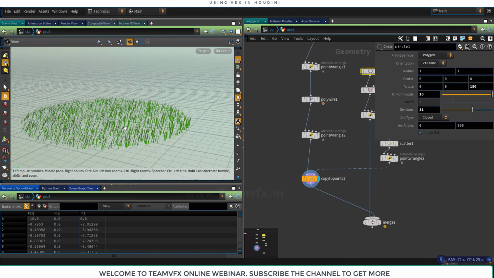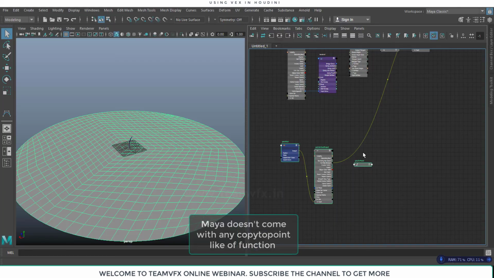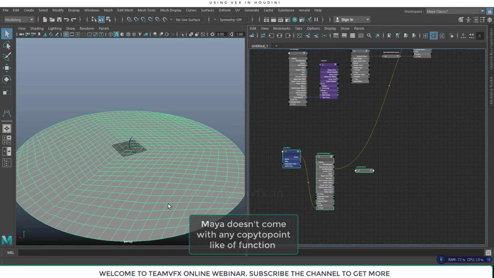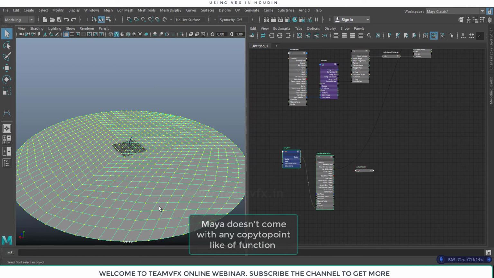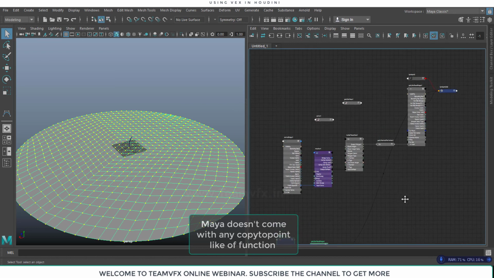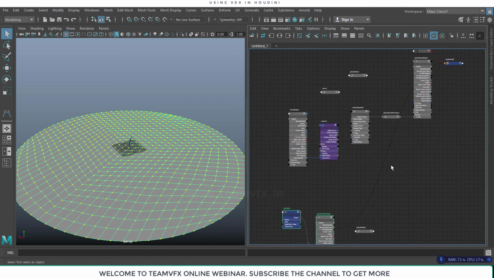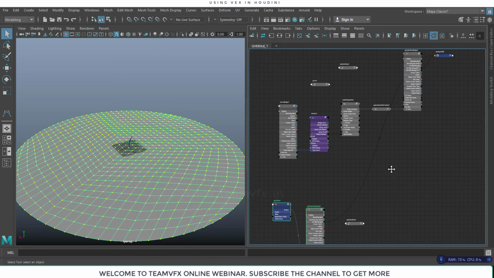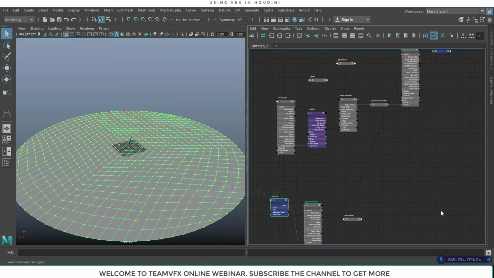In Maya we have to work in a little different way. We have to find the positions of the vertices of the template, and then put the object position on those vertices. To do that we don't have any node in Maya, so for that particular reason we have to go to MEL.